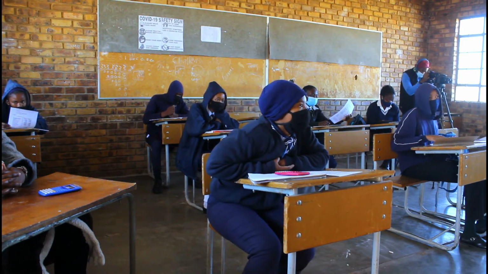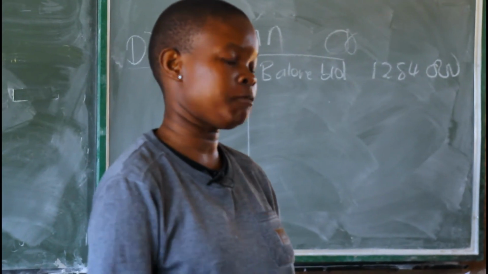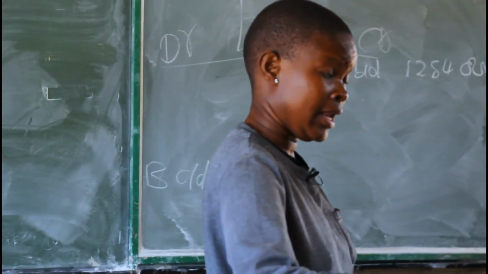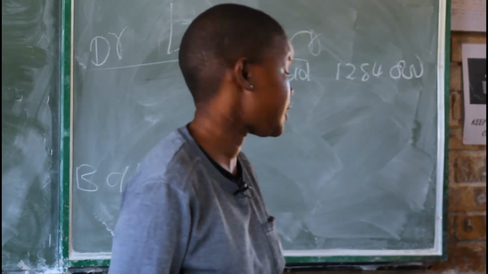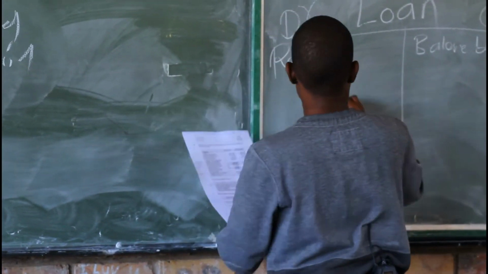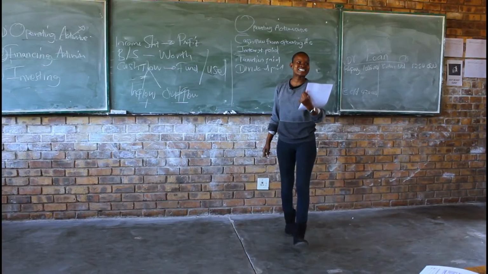And now they are saying to you the repayments during the year, meaning this person paid the loan. Is it a debit or is it a credit? It's a debit. Thank you. So on the debit side you write your repayment, which is 1,008,000. So now the interest capitalized.